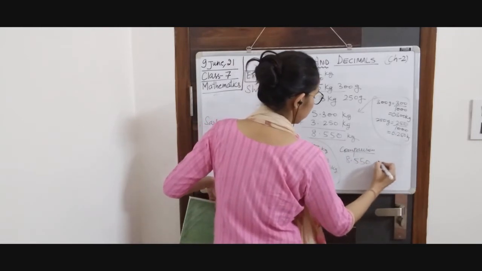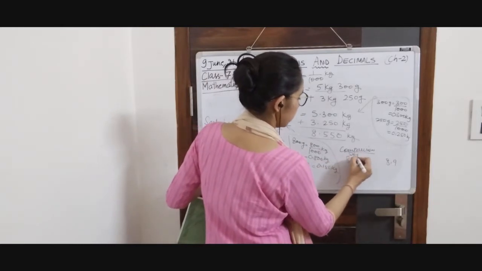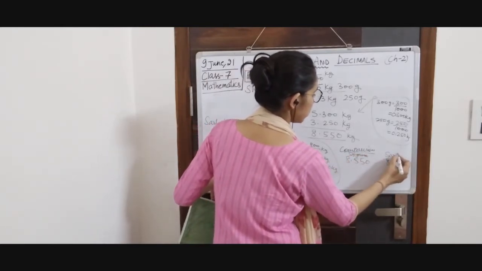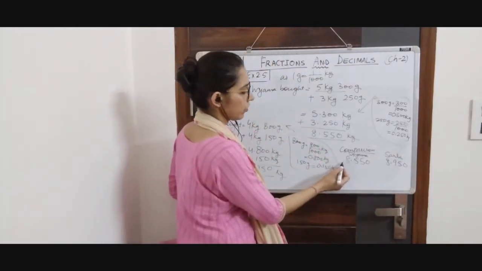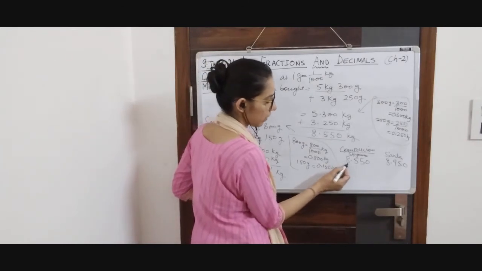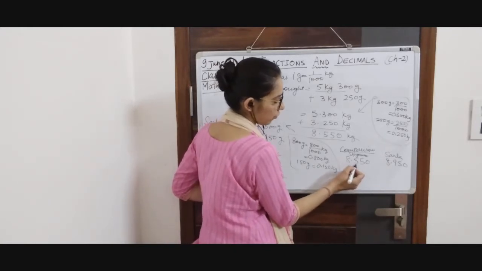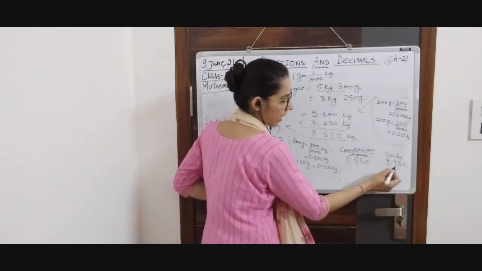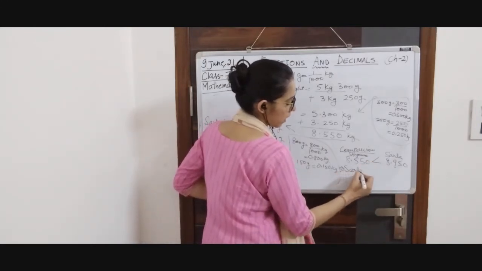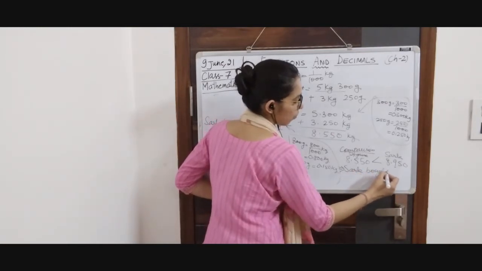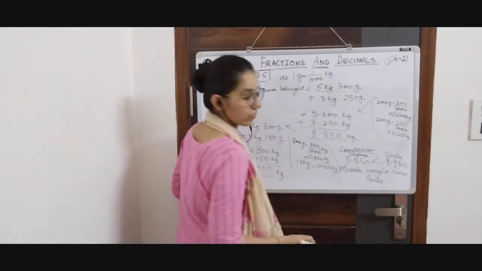8.550 and we have 8.950. Here we have Shyama and here we have Sarla. We will start with the leftmost digit. The leftmost digit is the ones place. Both are the same. We move on to the next place value, that is 5 and 9. Which one is greater? 9. It means this much is greater, so we can say that Sarla bought more fruits. Alright.